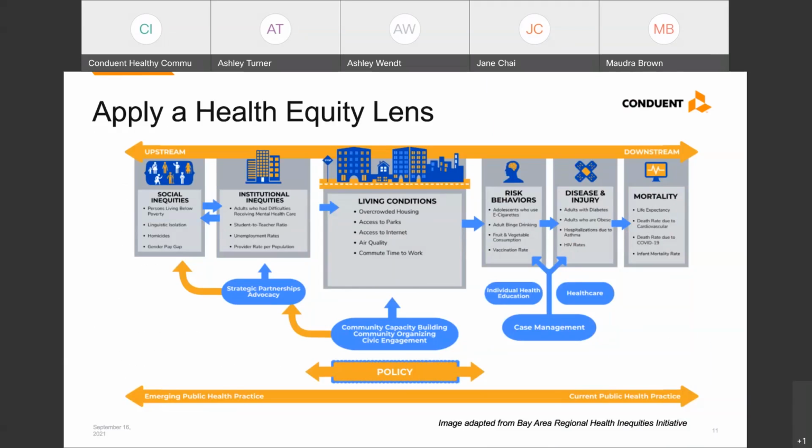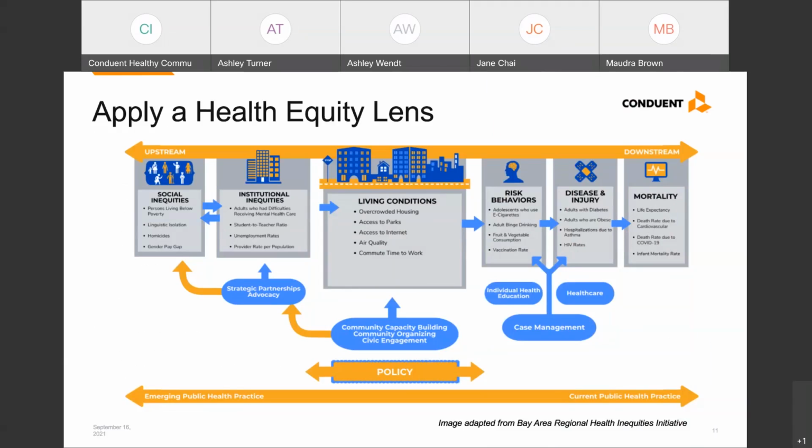And we really like this framework. We think that it gives a good visual of community level indicators for health and social determinants of health. So this framework also helps us consider types of strategies that can work to impact health and the root causes of health inequities. This is not to say that if you're interested in applying a health equity lens, you should only consider strategies that are more upstream, so those on the left-hand side here.